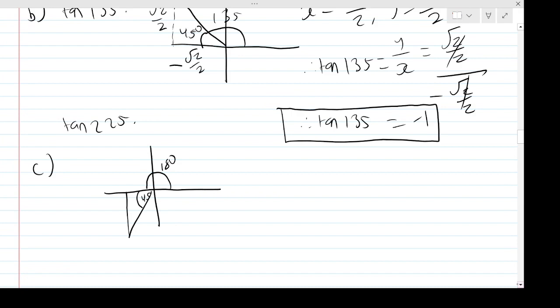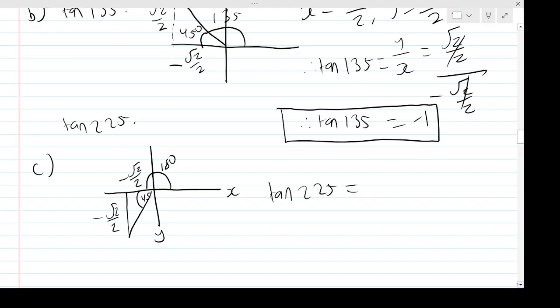So again, the x-coordinate would be root 2 over 2, but it'd be negative root 2 over 2 on the x-coordinate, because it's on the negative x-axis. And y would also be negative root 2 over 2, because this point here is on the negative y-axis. Therefore, the tan of that, again, is y over x, or the opposite over adjacent of the angle 45. So tan of 225, our overall angle, is going to be